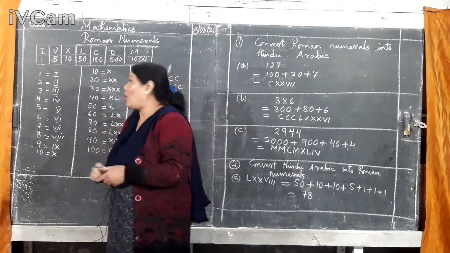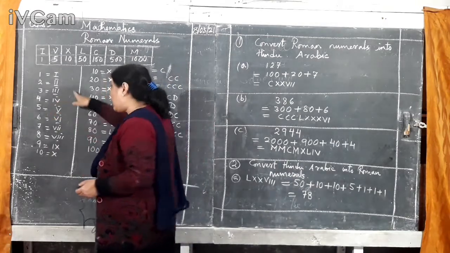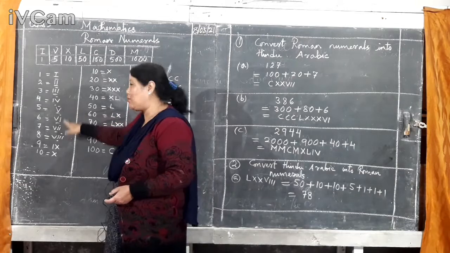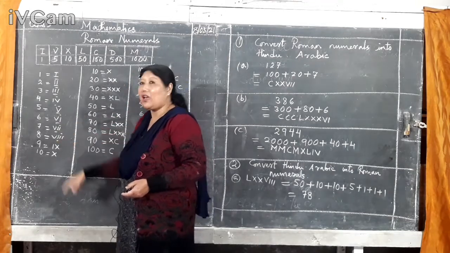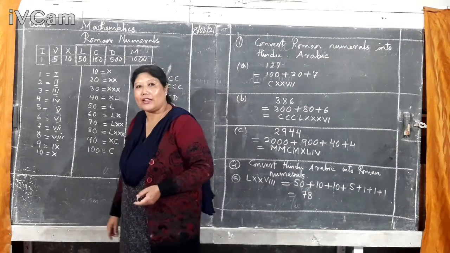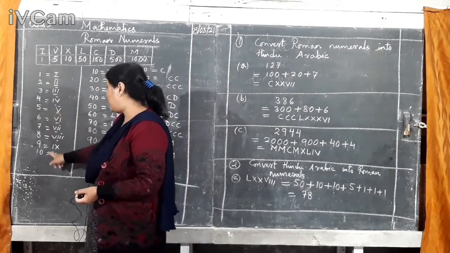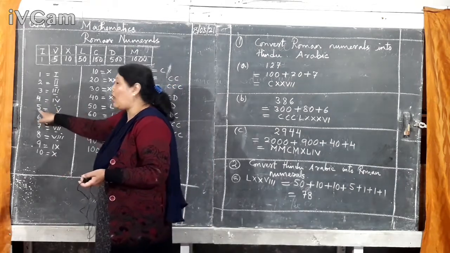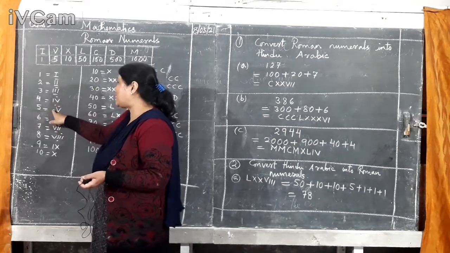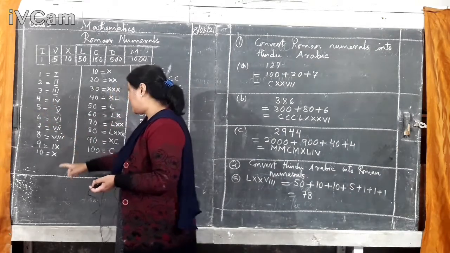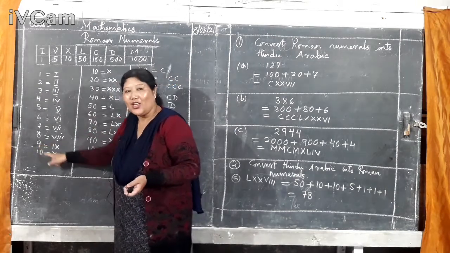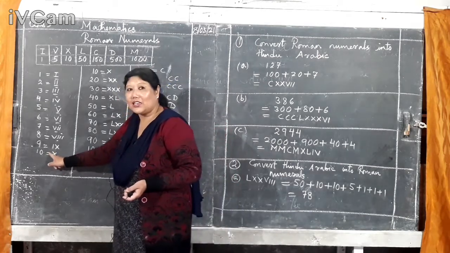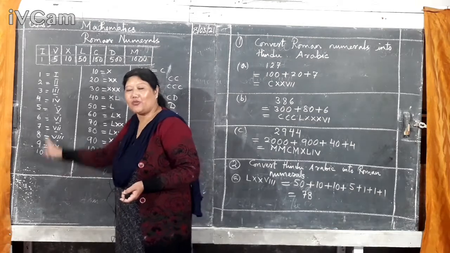But just opposite of that, if you write this I on the right hand side, then it will be addition. 5 plus 1 will be 6, and 5 plus 2 will be 7, 5 plus 3 will be 8, like that. So if you have to write 4, 9, these types of numbers, you should know the next number. For 4, you should know how to write 5. Then if you put 1 this side, 5 minus 1 will be 4. Just like that, to write 9, you should know how to write 10, X. And if you write I on the left hand side, it will be 10 minus 1, 9.